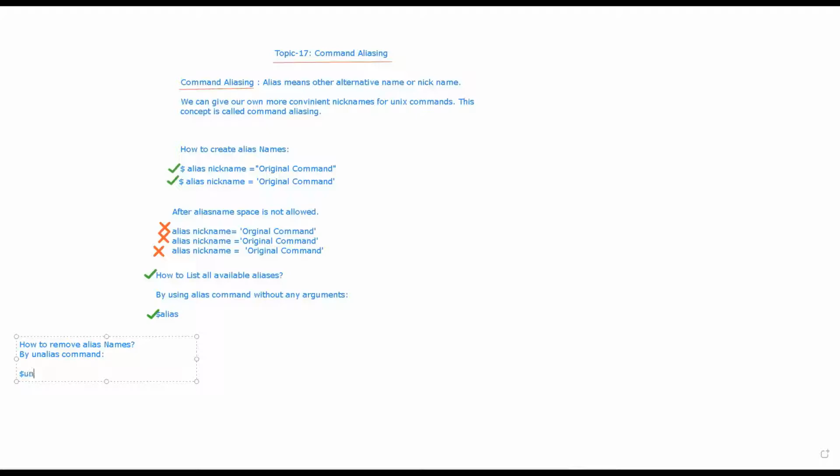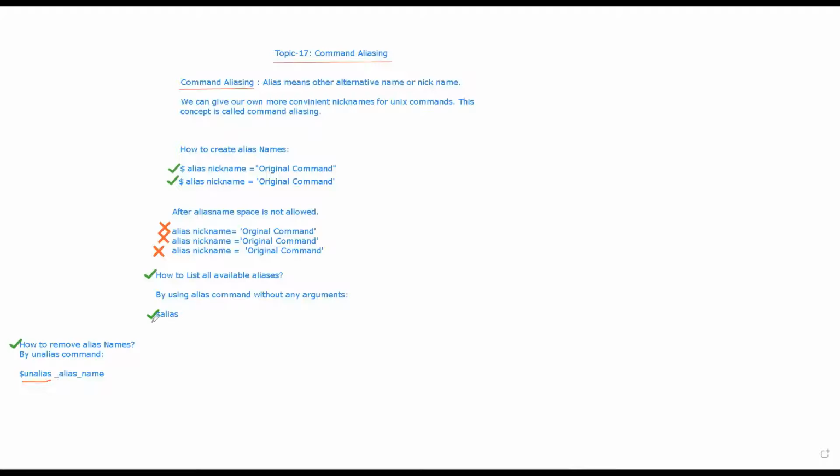I can say alias and alias name. So basically, this is one of the options if you want to remove the aliases, right? So how can you remove the aliases? The aliases can be removed by using unalias.